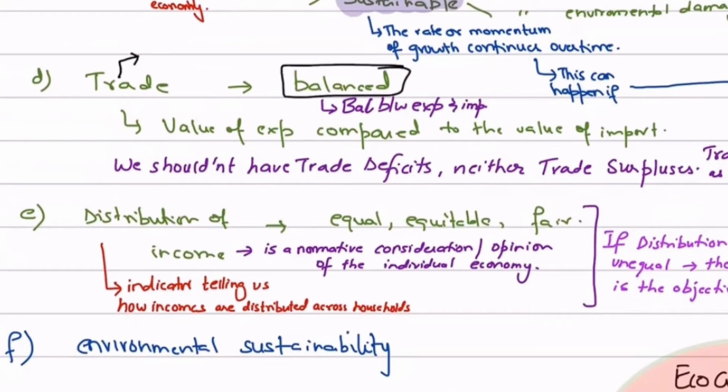हमारा जो ट्रेड होना चाहिए, that is the volume of exports and imports, that should be balanced. There shouldn't be a huge difference between how much we are exporting and importing, because we know that it would create a disequilibrium. There would either be a surplus or a deficit, and we know the disadvantages of a current account surplus as well as a current account deficit. Why do we know that? Because we have studied that in AS. That is why AS macro revision is crucial for you all.